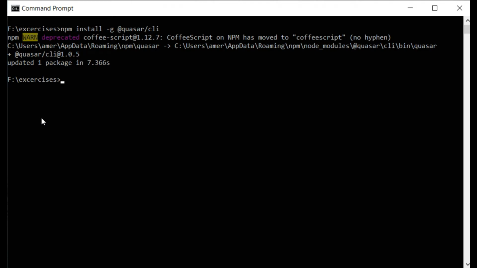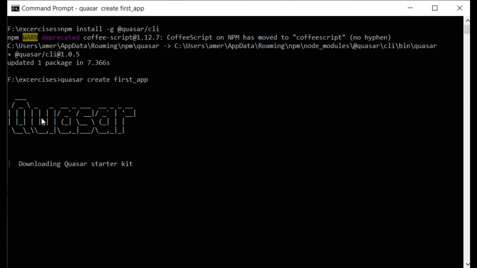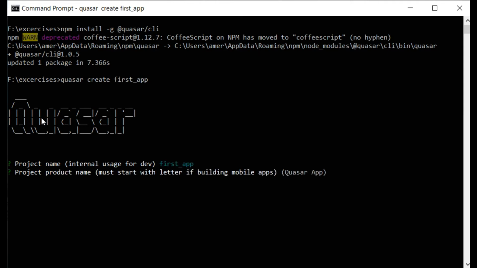Yes, and the next step is to use the CLI to create a project. So Quasar is a CLI tool and I'm using the create command, and then I have to give the folder name. It will ask a couple of questions. First, the project name. By default, it is first underscore app, that's fine. We can change it if we want. Product name, that is used for mobile apps. Then description, author name,